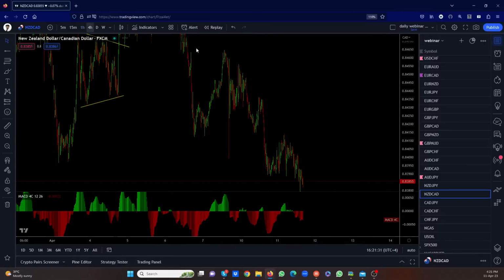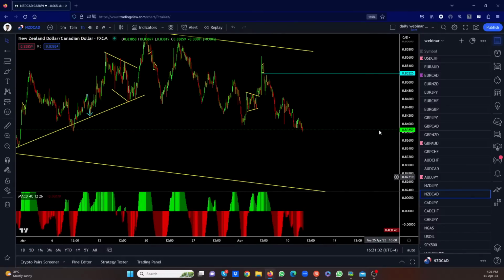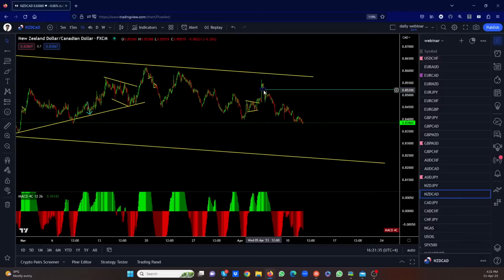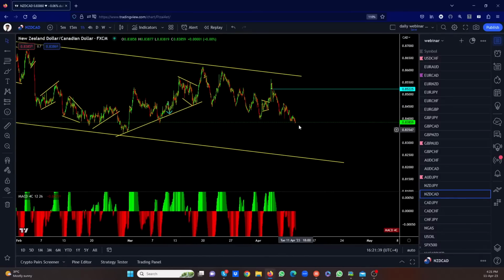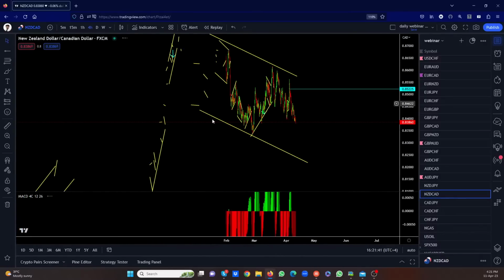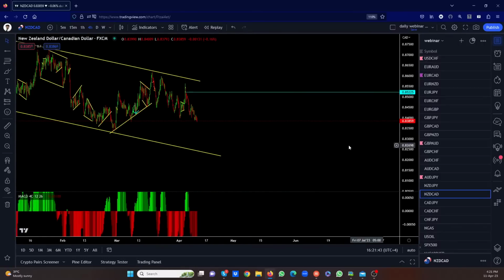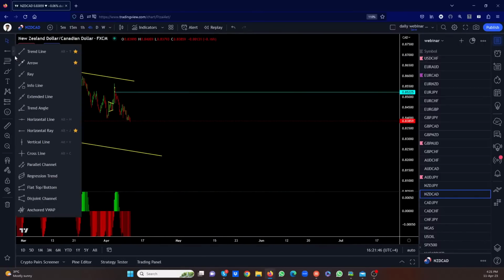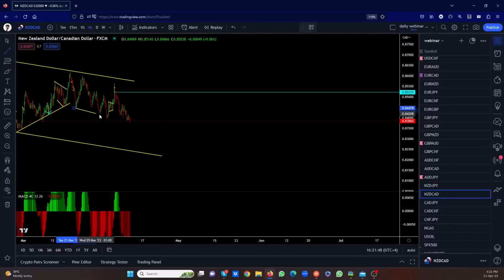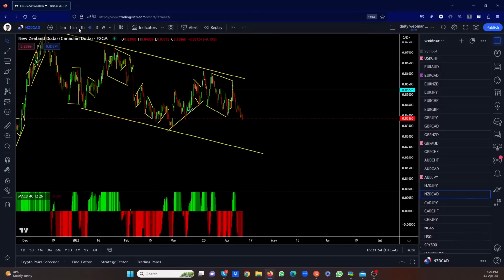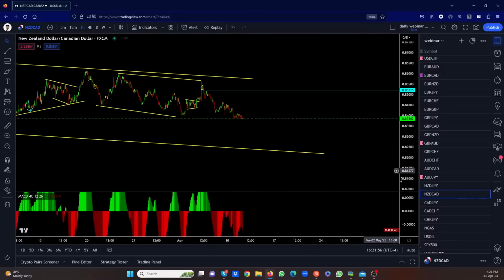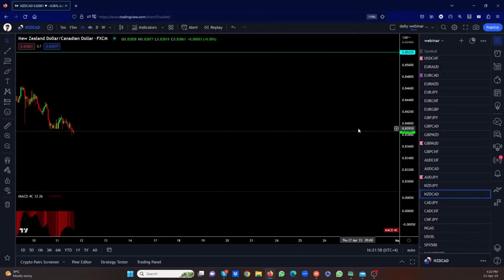New Zealand CAD. We don't have any trade on this. I don't think so. No. Actually, that was a good sell, but it didn't drop the way we expected. It's coming down, and at some point it starts to go back up. Right? We had a very nice running flat here. Perfect running flat. I think I showed this in one of the webinars. That was a good sell. It's coming down. Let's see how low it goes. We don't have a sell setup. If it pulls back and gives us a sell setup, we'll sell it.